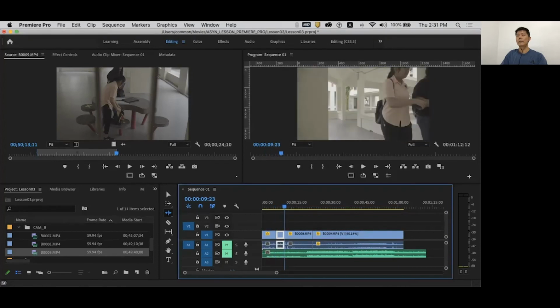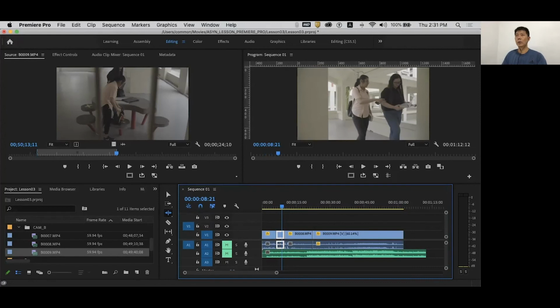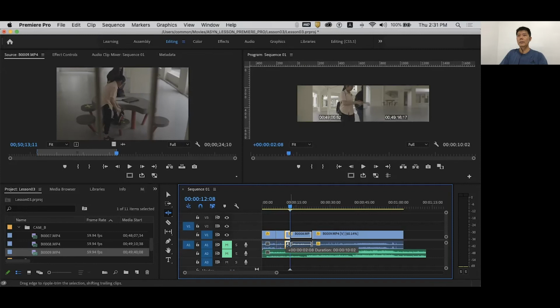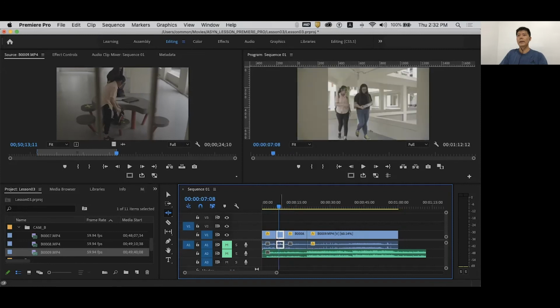After walking, I need to show the low angle of where they are walking. As you can see here, it's a bit delayed on the third clip. So I want to show the foot about to touch the ground. So maybe somewhere around here. I'm going to use the rolling edit again, cut to somewhere here. And if I were to play back,